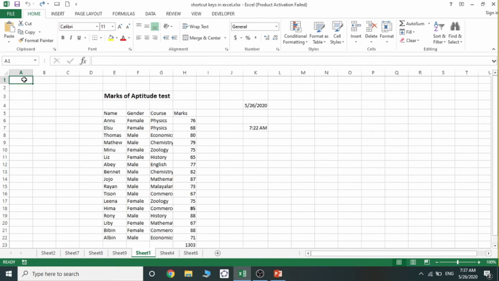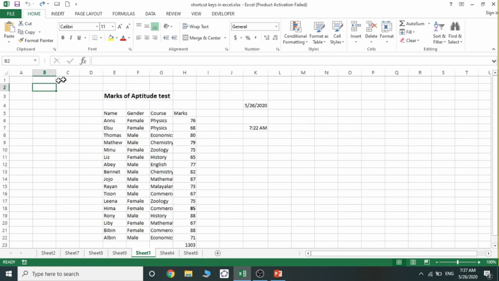So we can move to all the edges of a worksheet, or if we are inside the data, it will move along the edges of that data. If we click on any cell outside the data, it will move to the end of that particular row or column.